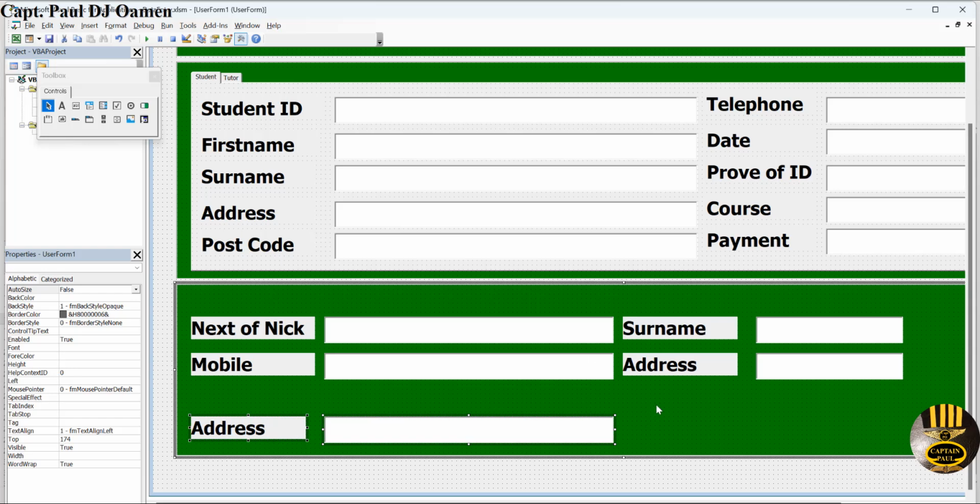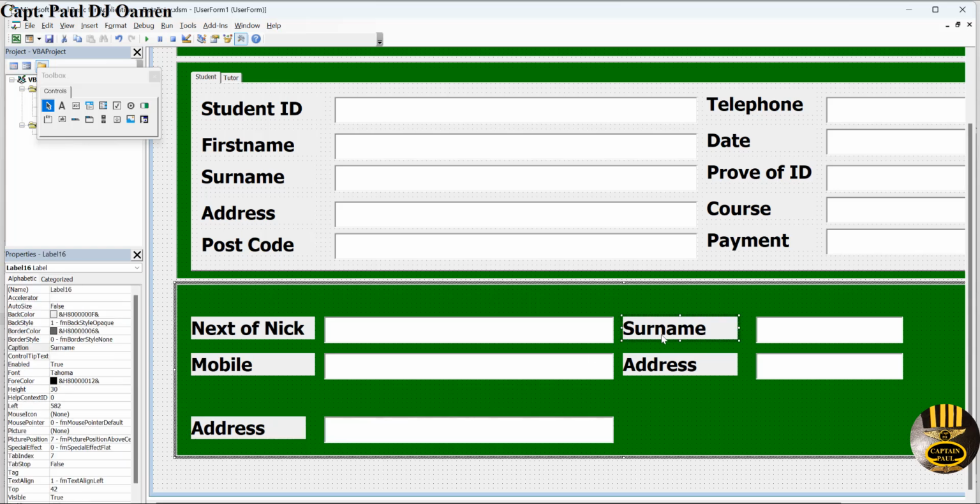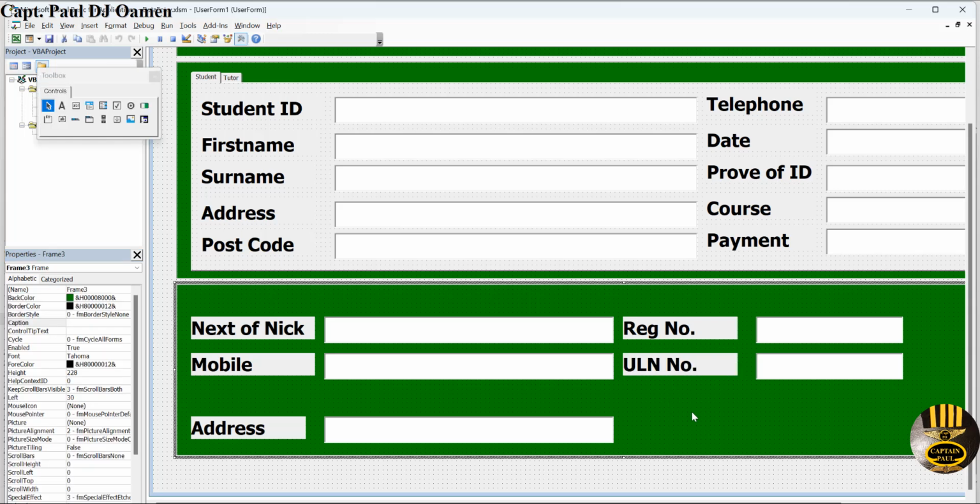Yeah, I don't think I need that. And here, let's change this to registration number, page number. This is going to be ULN number. Okay,